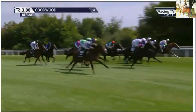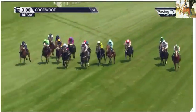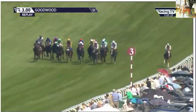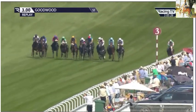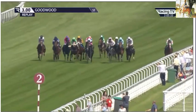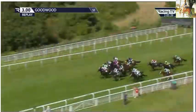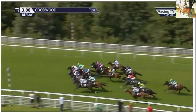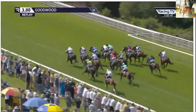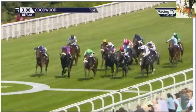Mick's doing a wonderful job training them. He's steady out of the stalls, and he's dropped back towards the rear. You can spot him with a sheepskin noseband. In the early stages, there's a choice made by David Probert to come towards the stand rail on Aaron, and that horse was alone and isolated and probably disadvantaged. Yeah, probably hasn't helped him, but he's shown speed towards that near side, but I think cut out fairly tamely. Big Mojo, the winner, just tracking them, and you knew at this point that he had a chance, because the worrying part of the race, the query, was going to be that early part of the race, whether he would have the speed to deal with that downhill section, but he has,